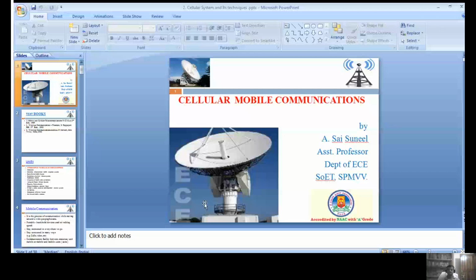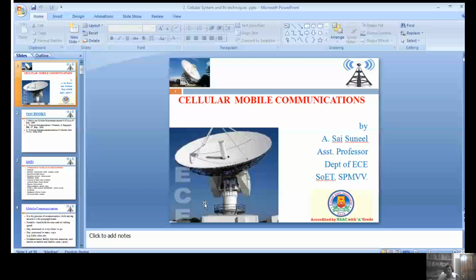First, we have to go for the introduction. Before the introduction, first we have to justify the title. The title is cellular mobile communication. But in the conventional mobile system, it has only mobile communication. The term shows mobile communication. Mobile is nothing but an asset moving from one place to another place. That is, it can be movable from one place to another place. It is a portable unit and handheld.